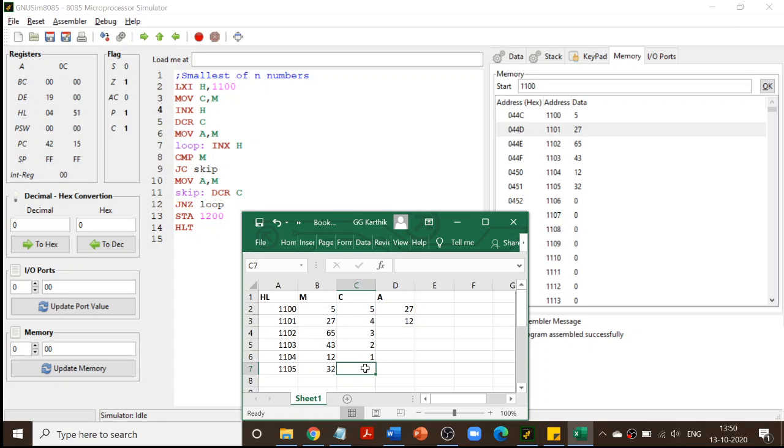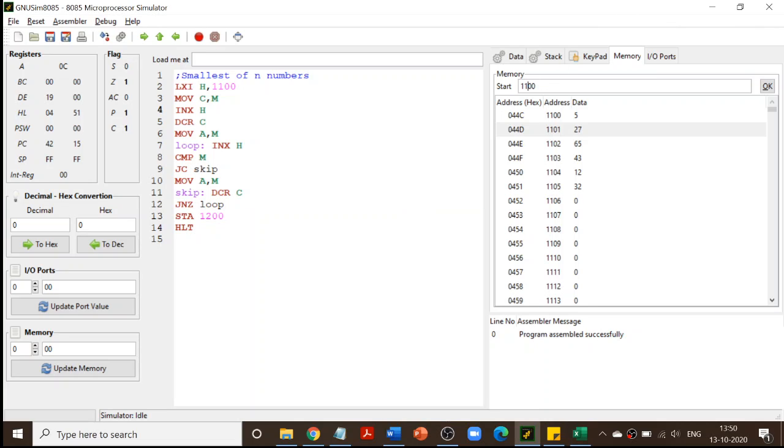You have to simply decrement. I am decrementing C, C becomes 0. If it is not 0, I have to jump to loop. Now it is 0, so I will come out of the loop and I have to store my value. What value? A value, STA. The contents of the accumulator will be stored in location 1110. So the contents of your accumulator is 12. 12 has to be your result. It has to be stored in location 1200. Let us go and check whether 12 is there in 1200.